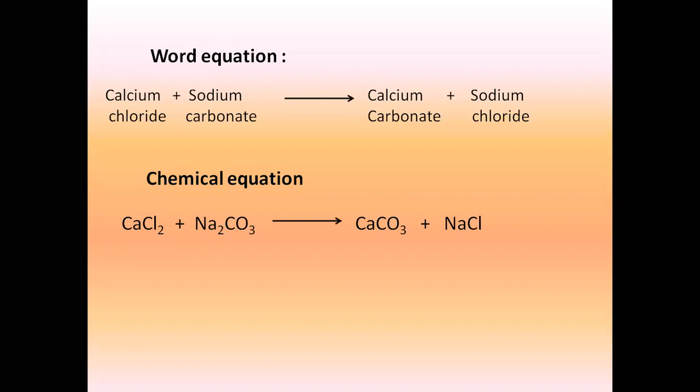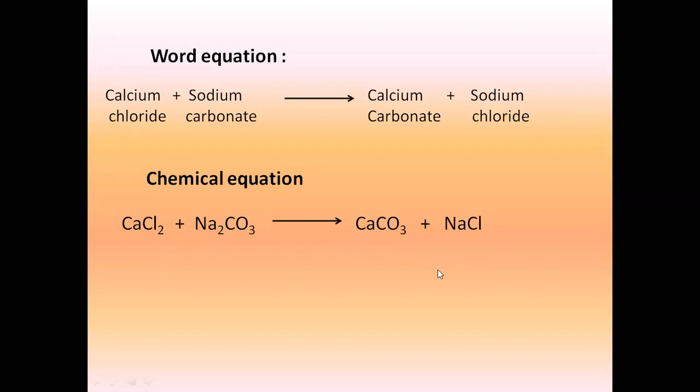Okay. See, if you remember, in softening of hard water into soft water, I hope by now everybody understands the meaning of hard water and soft water. In hard water, I told you there is presence of chlorides and sulfates of calcium and magnesium. That means there can be four compounds: calcium chloride, calcium sulfate, magnesium chloride, magnesium sulfate. Now you are going to do the same chemical equation if the salt is magnesium chloride. Instead of the calcium salt, if it is a magnesium salt, how will you write the reaction?